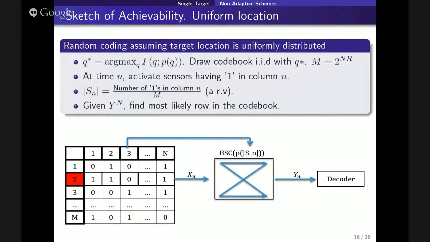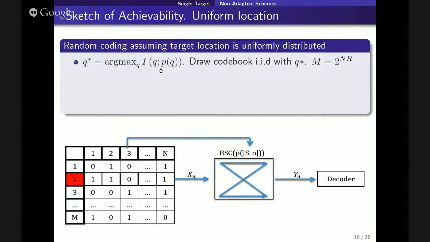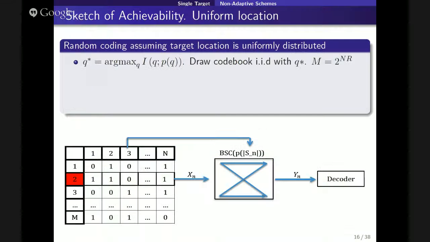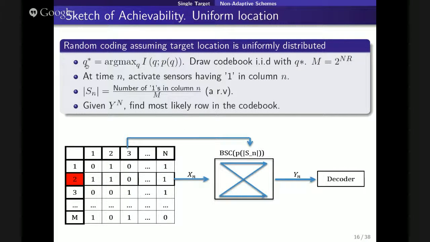Excuse me. Here you're still assuming linear dependence? I don't assume. No, P here is anything you want. Oh, okay. Just to draw this specific curve, I need something to put as P. So in this specific curve, I assume the linear dependence. That can be anything. For different functions, the Q star will be different. If instead of non-decreasing it was non-increasing, then Q star will be half. If for a big region you get small noise, then the optimal thing to do is to query half the region.